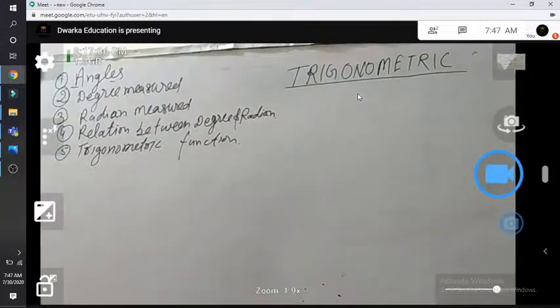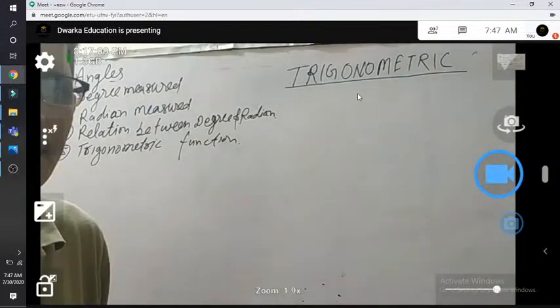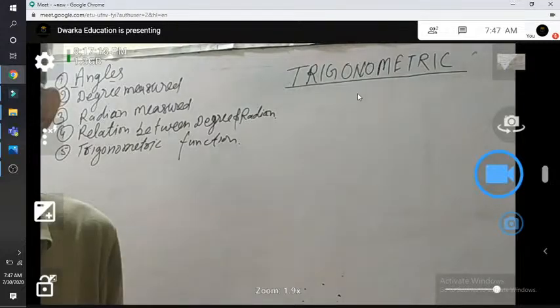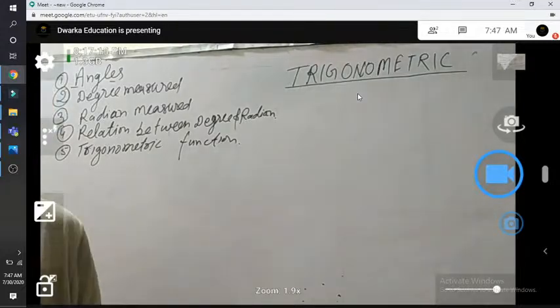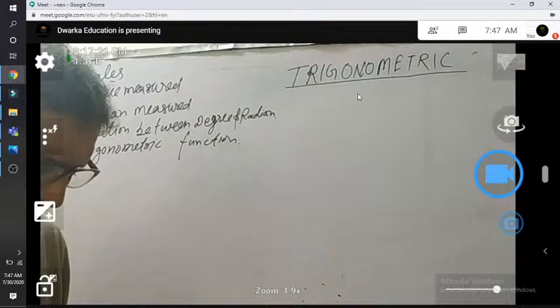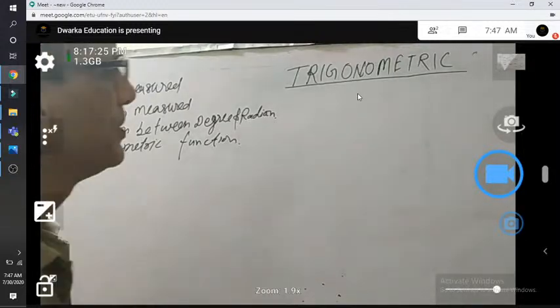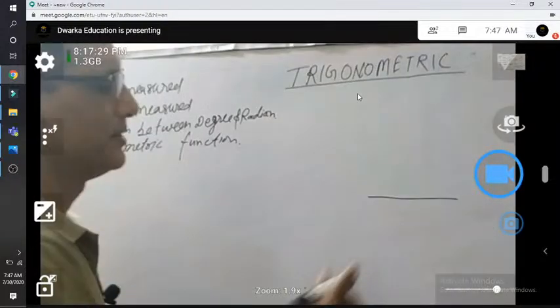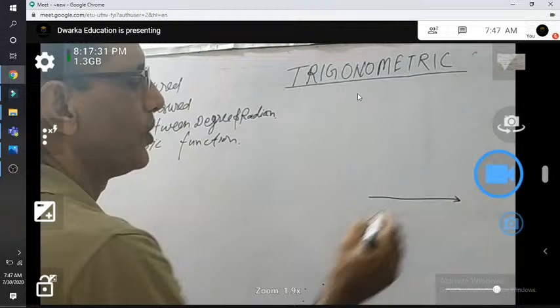First of all, angle. What is the angle in trigonometry? There are two types of angle: positive angle or negative angle. What is the angle? In trigonometry, the definition of angle is when a ray rotates